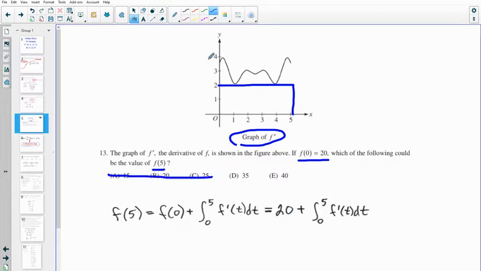And then I can also say that it must be less than a height of 4 on that same interval. And so the value of this integral, the integral that we're looking at here, must be less than 4 times 5, less than 20. And so this must be less than 20. 20 plus 20 would give us 40, but 40 is going to be a little bit too big. So it looks like my answer is D, as in